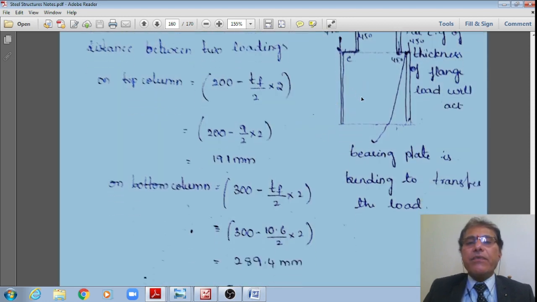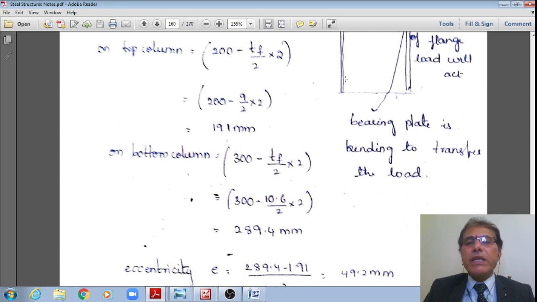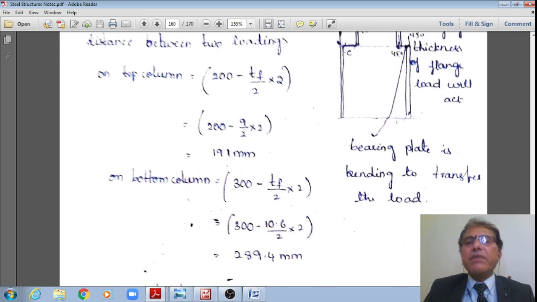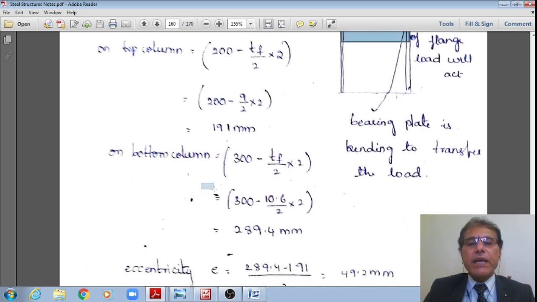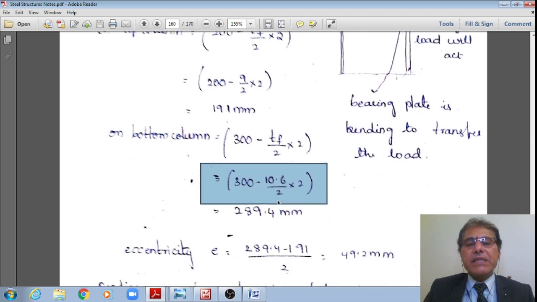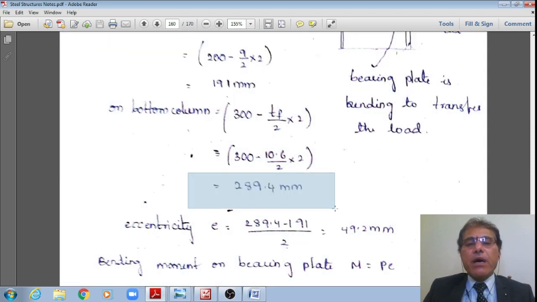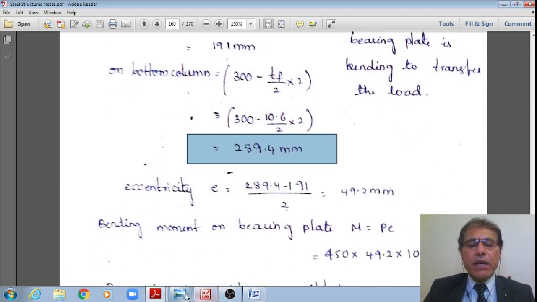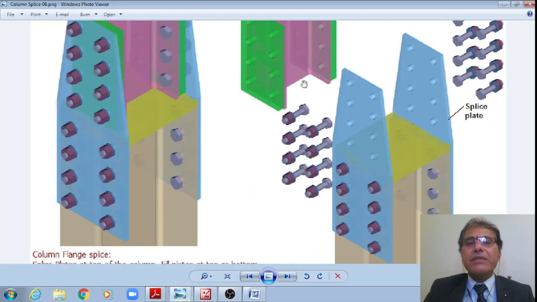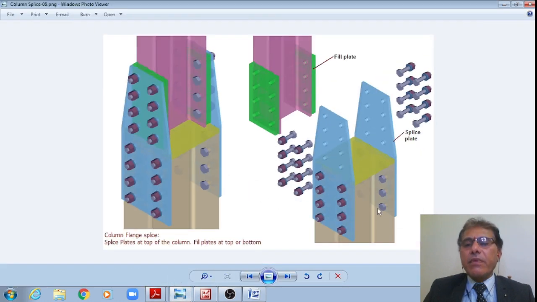Similarly for the bottom story, it is 300 minus the thickness of the flange, right? So from the center of the flange to the center of the flange is equal to 300 minus one flange thickness, 10.6. It now works out to say 289.4, right? Like this, from this center to this center, similarly from this center to this center, right? Therefore once I get these, what is that